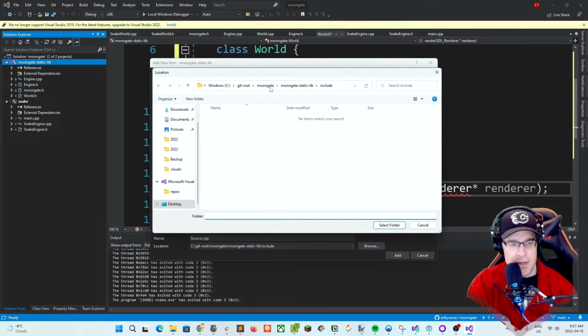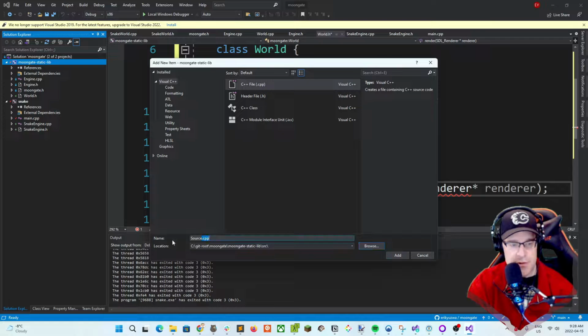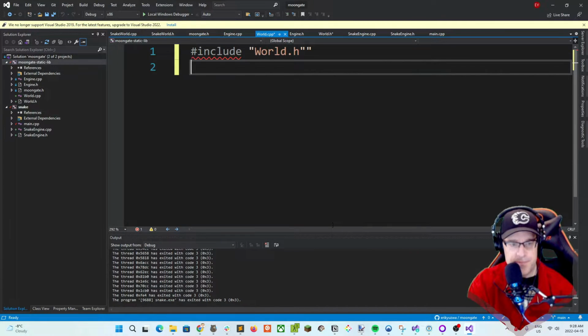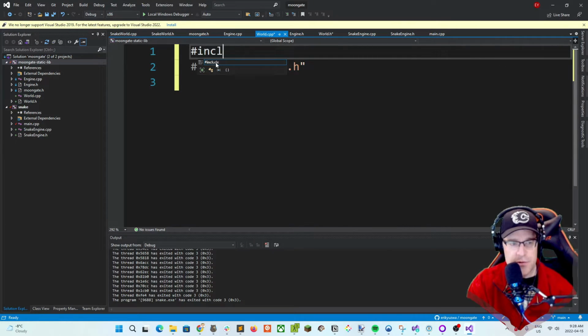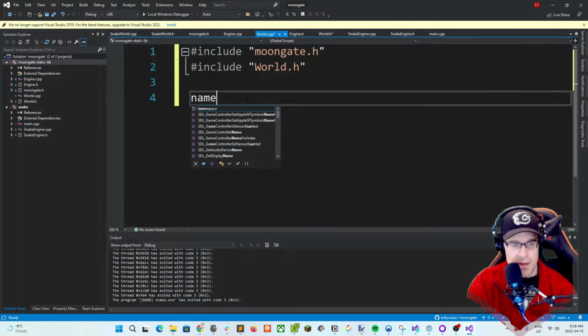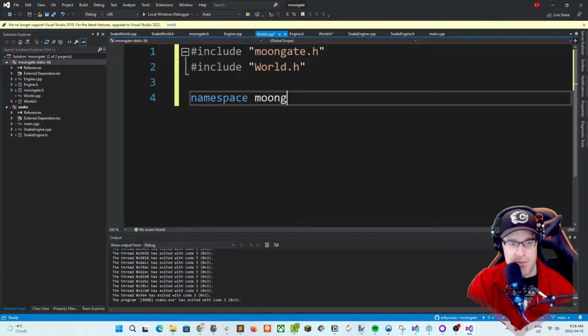Let's browse to the source folder, select folder, let's call it world.cpp. Okay, and then we want to include world.h. And then I think we want to include moongate.h. We want to include World. And so we want to namespace our Moongate